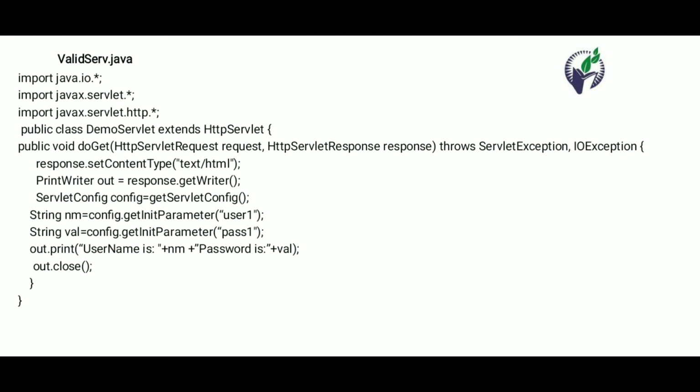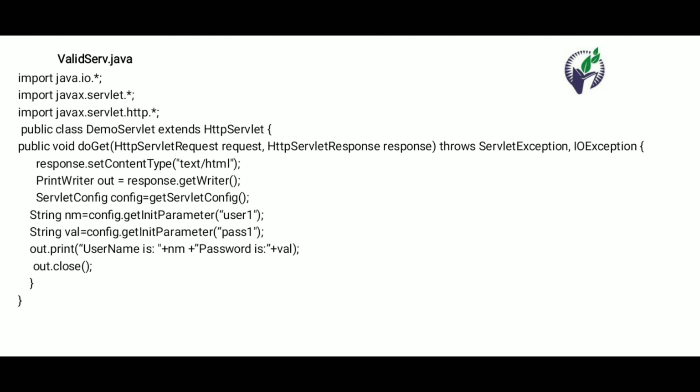Now in valid serve.java, just create one servlet file, that is demo servlet, which extends HttpServlet. Then in the doGet method pass the two parameters HttpServletRequest and HttpServletResponse, which throws two exceptions, ServletException and IOException. Then using response.setContentType you set your response as text or HTML form.